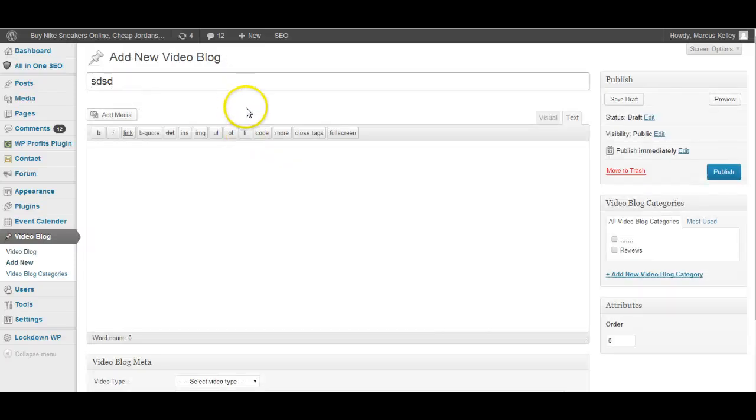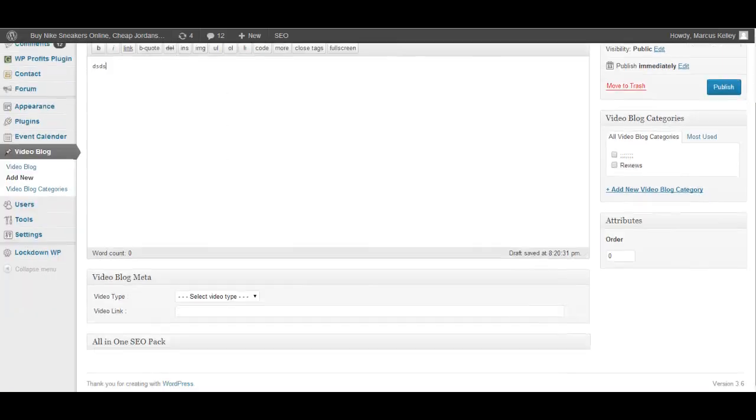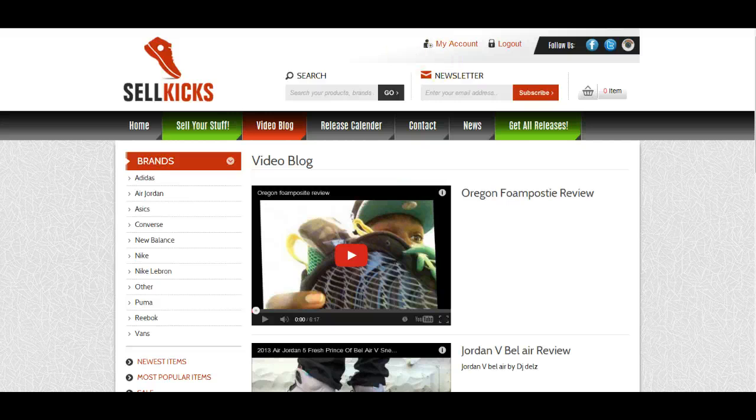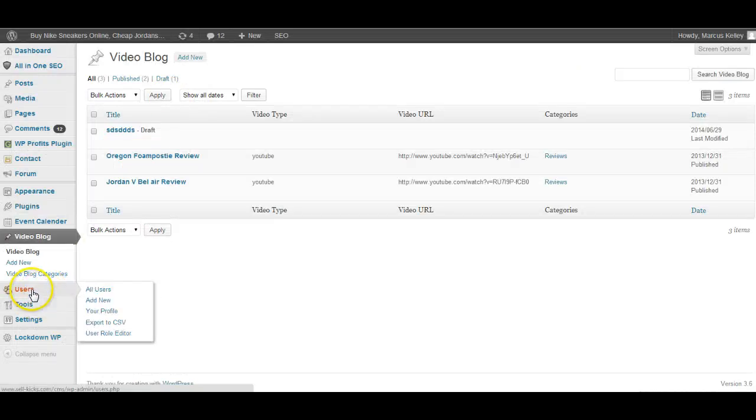You enter the title, enter the description, you scroll down, video type, YouTube, paste the link, and then publish. When you publish it, it'll go back to the main screen, and then it'll appear on here once you save it. All right. So, in users is all the users that's signed up or people that you specified to have